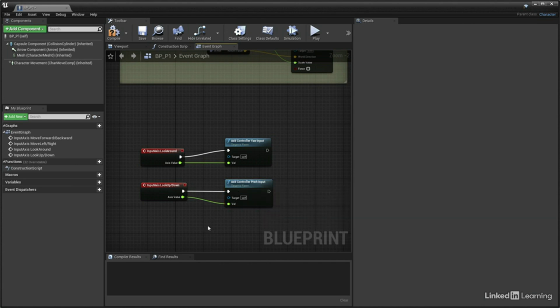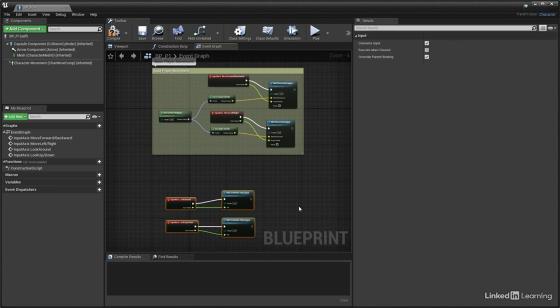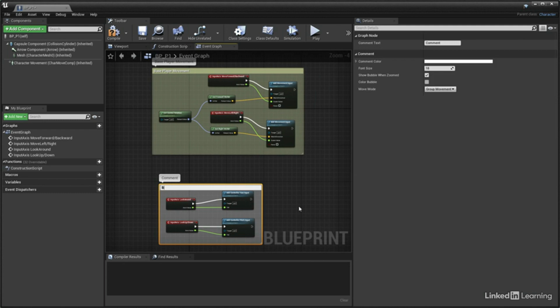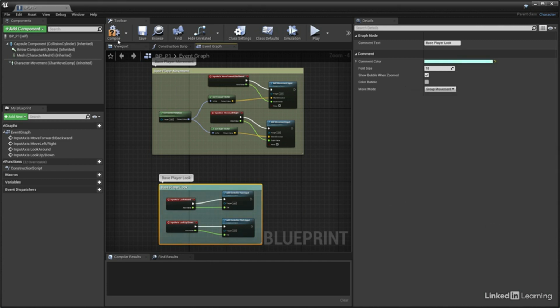Meaning we have now given our player camera or user the ability to look all around our scene using the mouse controls. Let's again add a comment box around the nodes, calling these Base Player Look, again giving them a colour, and then all that remains is to both compile and save what we have, and